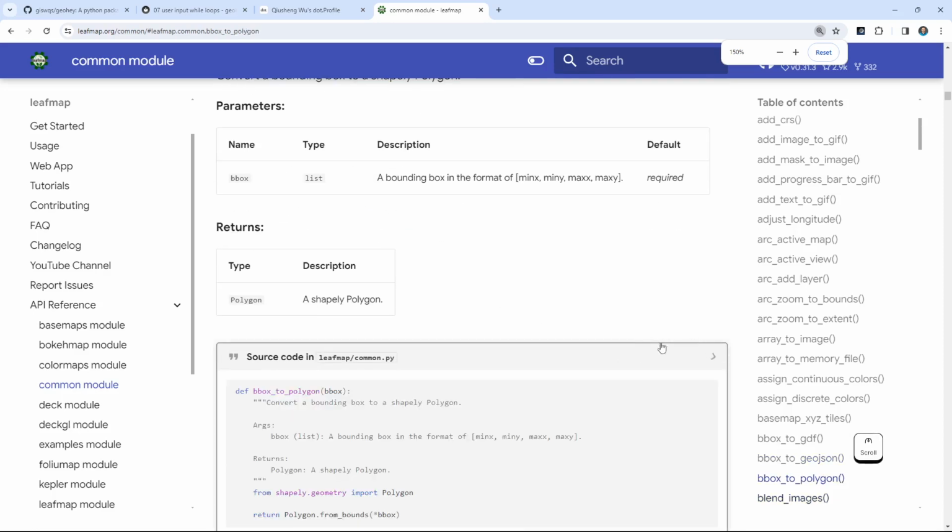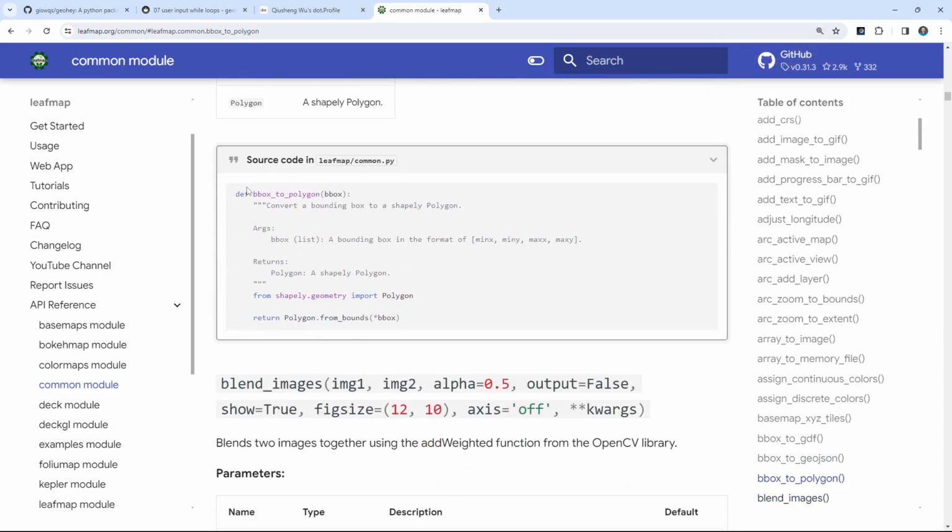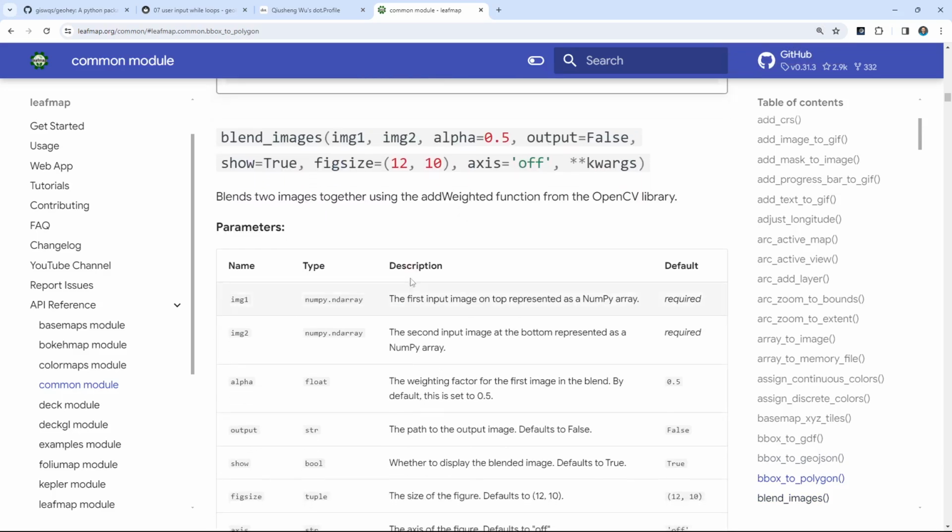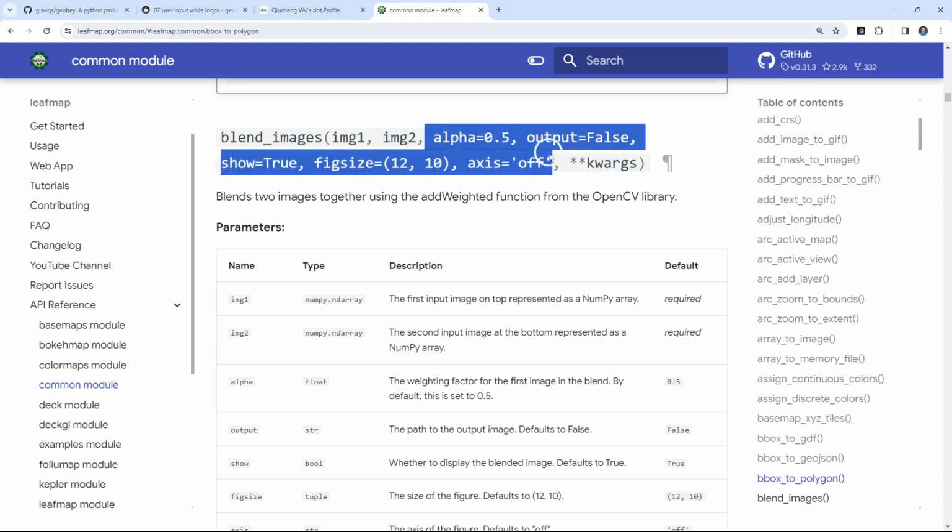Here, take a look at the source code. It's just a def and then a function, and then you provide something. Just one or a couple of simple lines, for example, blend two images. You provide the first image, the second image, and then you can have a bunch of other optional parameters. The other one here is the